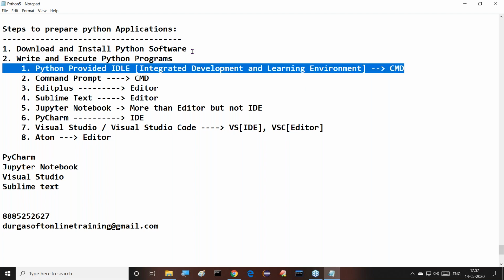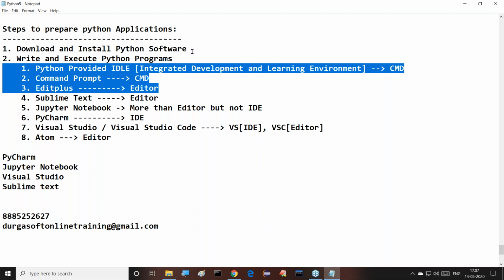provided IDLE. And next one is command prompt. We have seen that. Then after that, Edit Plus. I think only these two things we have seen. Edit Plus and Sublime Text, these two things we have to discuss today. If we complete these two things,